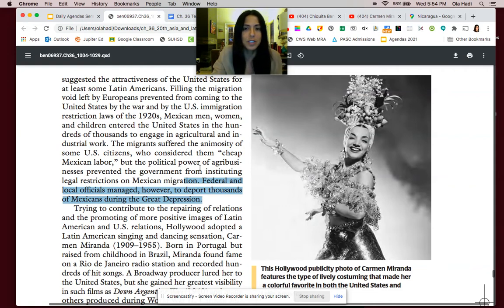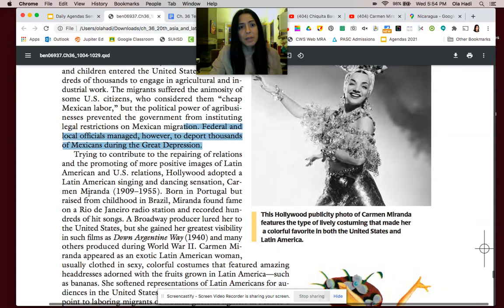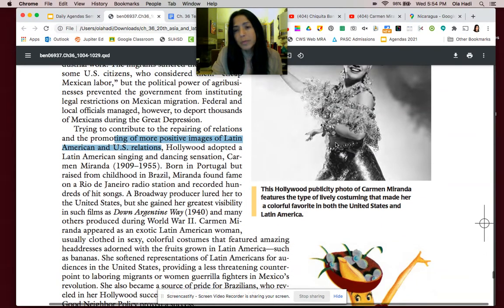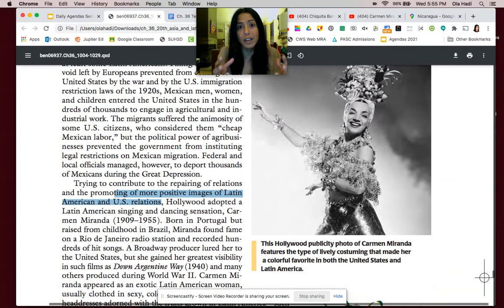This is something that's interesting if you're of Mexican heritage or you're interested in Latin American history. You might want to look into these migrations. But what the United States does is they start to promote a more positive image of Latin Americans to improve the relationship between Latin American countries and the United States. One way they do that is they created an entire department, by the way. I forget the exact name of it, but it made movies and songs and things that would soften the representation of Latin Americans to Americans and make a more positive relationship.